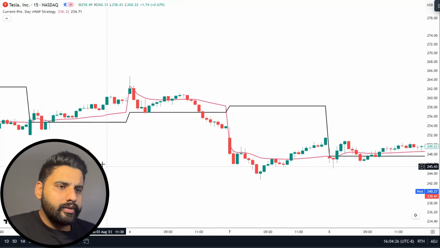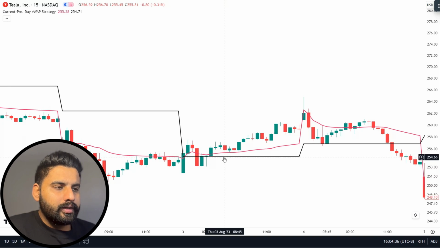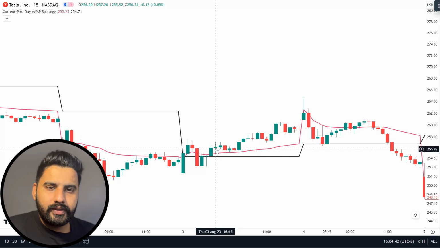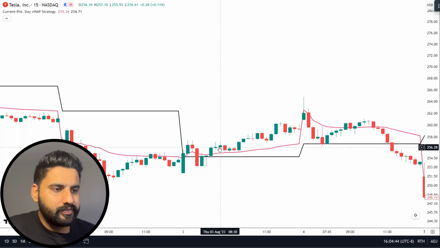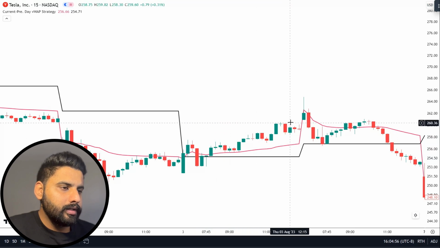Okay, so I'll also tell you the buy. So on this day we can say the price was over these two lines. Okay, so the previous day VWAP was below, and then the current day VWAP, and then the price. So we need to note down the high of this candle, which candle is totally formed above the current day VWAP, and then we need to initiate a buy signal here, and the stop loss is the previous candle's low. So we bought the stock here and our stop loss wasn't hit,